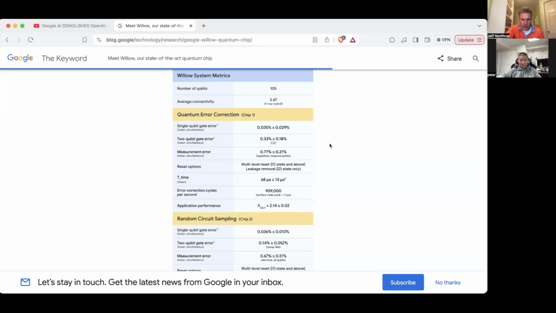All right, one of the things, and we won't spend too much time on this just because it gets really complicated, but you've used the word qubit a lot, and we've got in here number of qubits: 105. Yeah, 105. So what is a qubit, and is 105 good? How many do we need to get to do something cool?